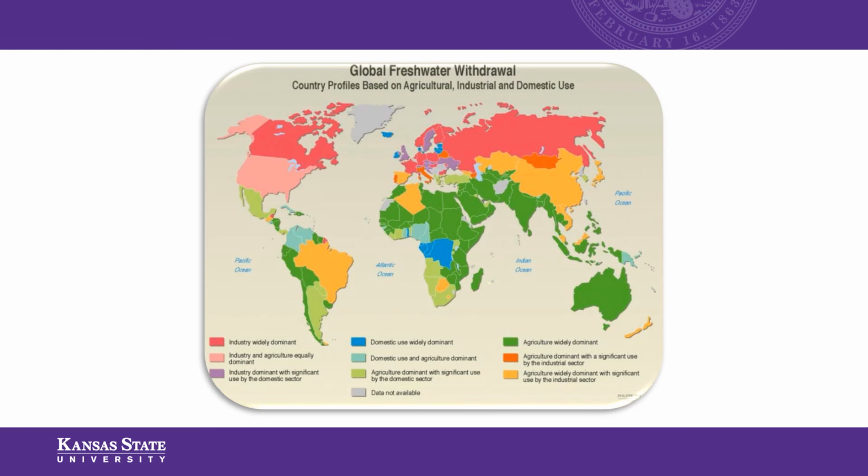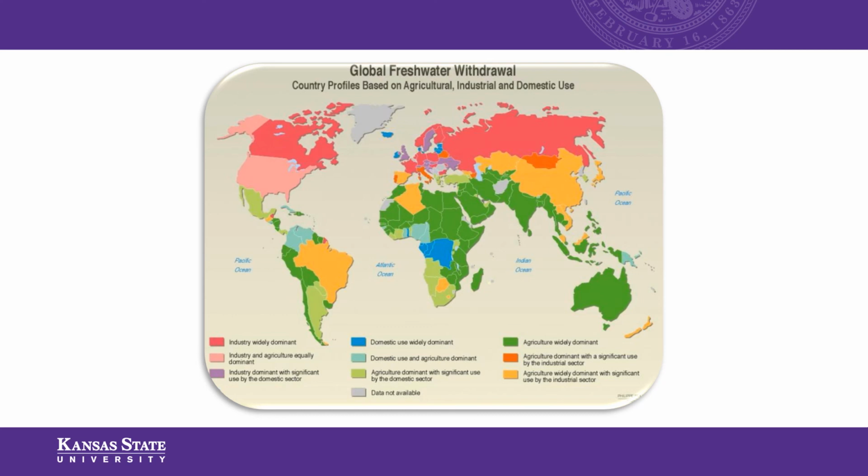Of course, this is not the case for all countries in that agriculture is the number one user of water. Interestingly, in the United States, the biggest user of water is actually electricity generation. When we generate electricity, we have to use a lot of water to cool things down. We have cooling towers so that our electricity generation plants don't overheat and combust. The water used in those cooling towers is in large volumes, but it remains fresh water, so it eventually is returned back to the water cycle.